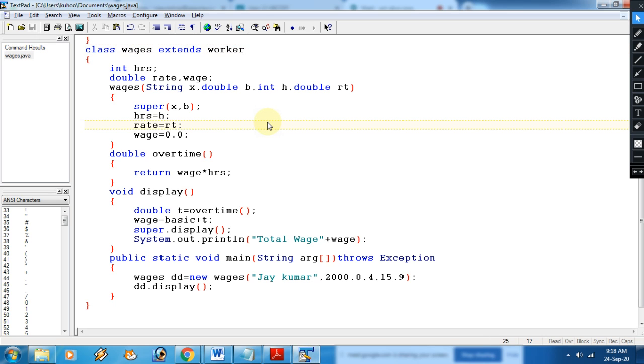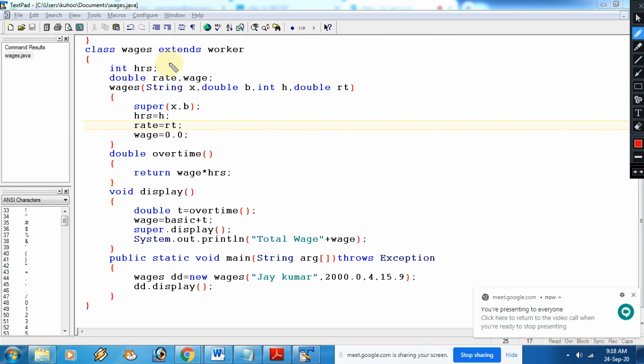See, again I am going to explain some important points in inheritance. First of all, the extends keyword. This is used to access the superclass. And now, whenever you are calling a constructor from the subclass to the base class, in the subclass constructor the first line must be the call of the base class constructor.